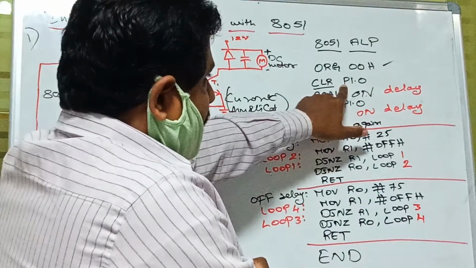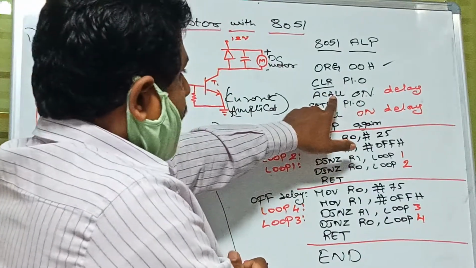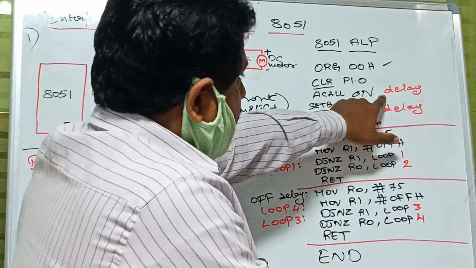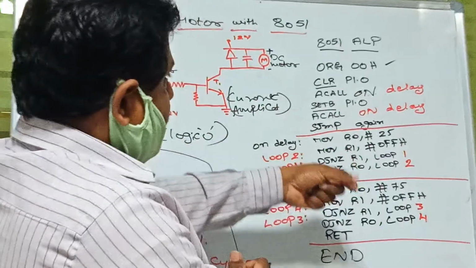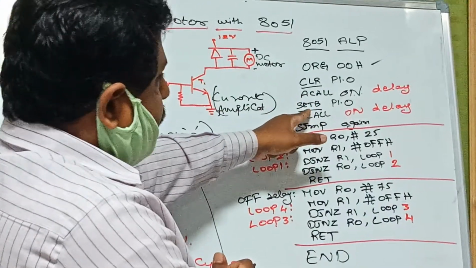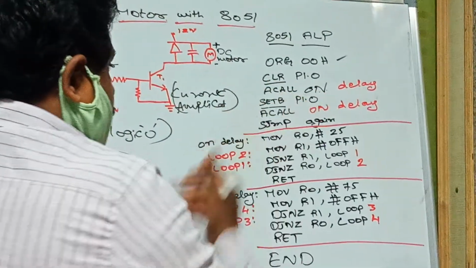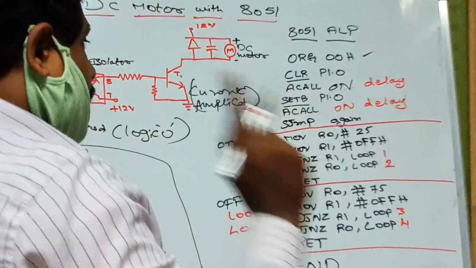Once it is cleared P1.0, then call ACALL. ACALL is nothing but absolute call. Once it gets called, it will go to the delay subroutine program. After a few milliseconds, automatically it will go to SETB P1.0. SETB P1.0 means bit 0 of port 1 gets set to logic